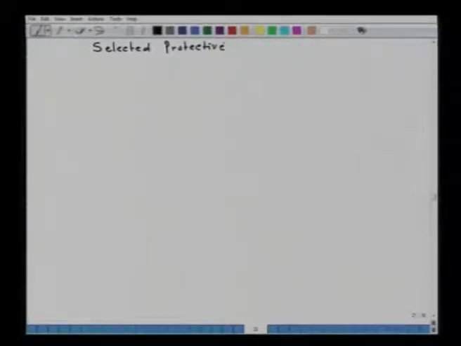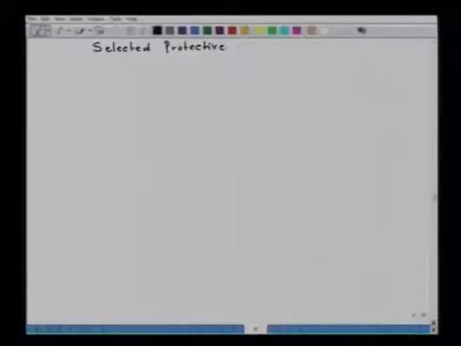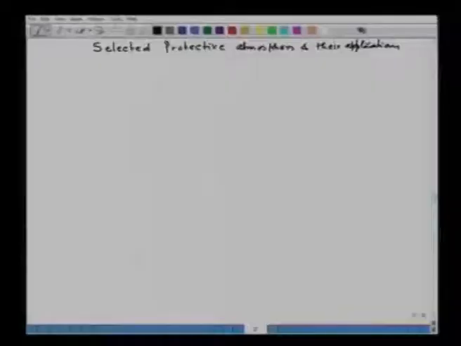You can also consider the atmospheres which we are discussing. They are also protective atmospheres because they protect against certain things. Selective protective atmospheres and their applications. I will just make a table for you so that you get a feel for the type of atmosphere, their composition, and relevant application. So I will put first of all an atmosphere, followed by its composition,